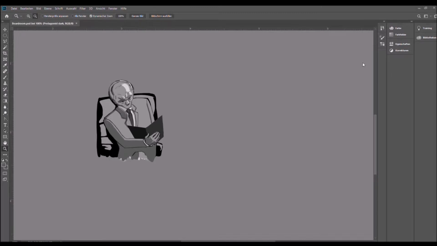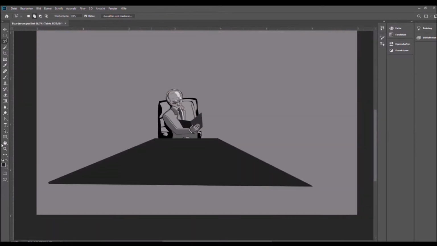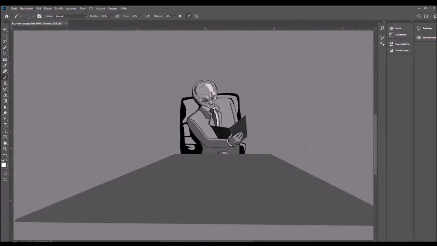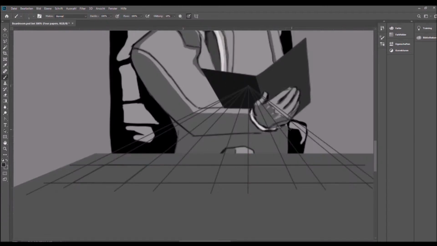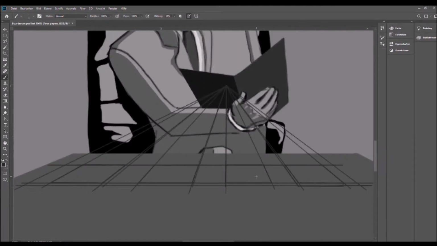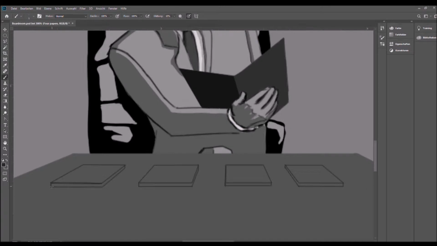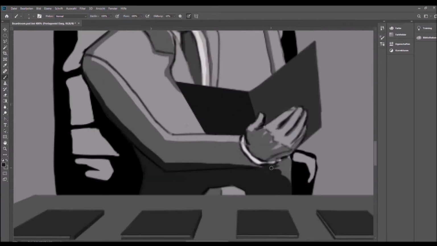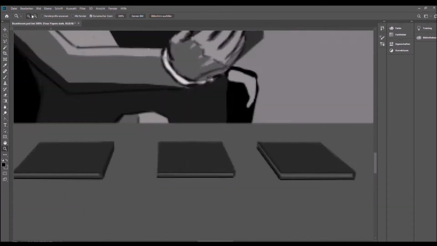And this is basically the protagonist. And the next thing I will put into it is the table, and I again use this vanishing point when I was putting the papers on the table, to give them a really realistic 3-dimensional look. And I also decided that the light source is coming from the right, as you also can see on the map he's holding,